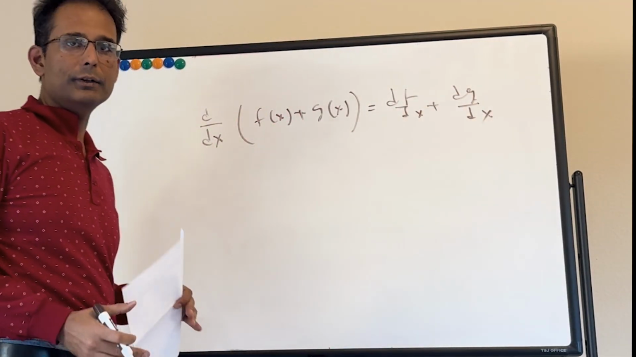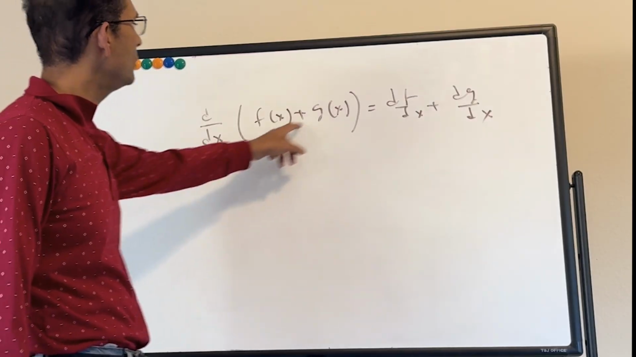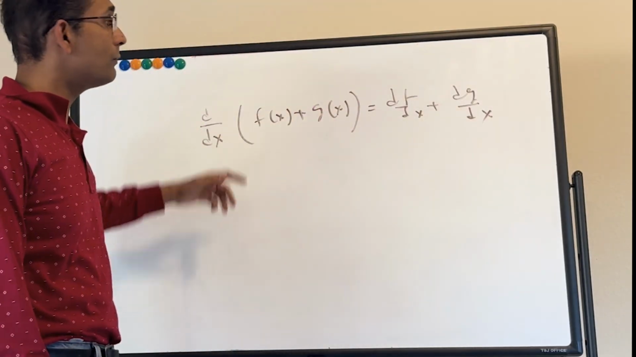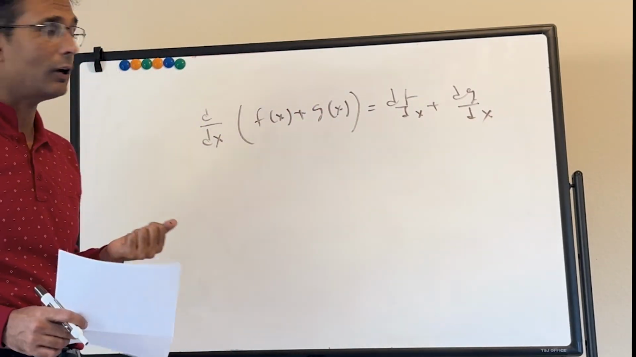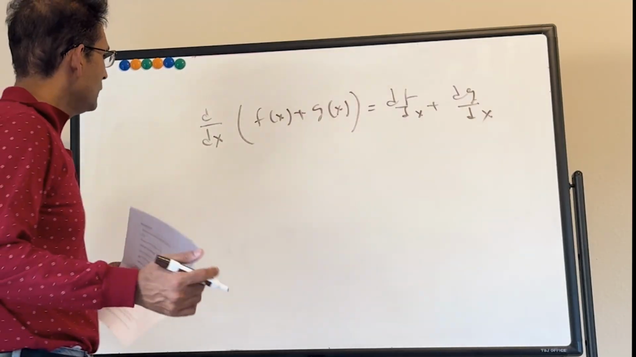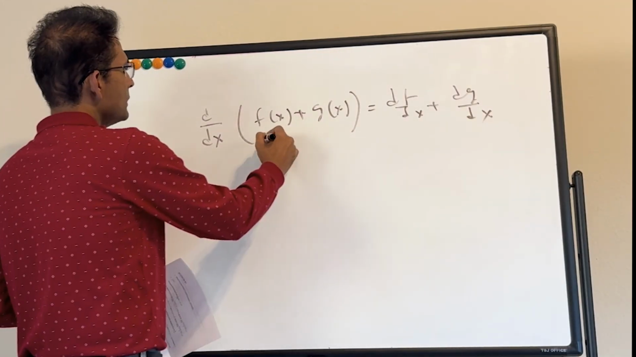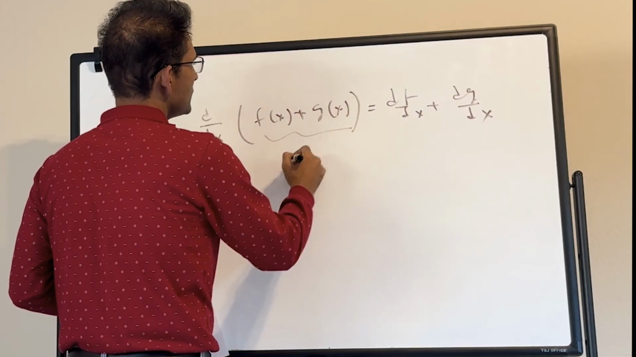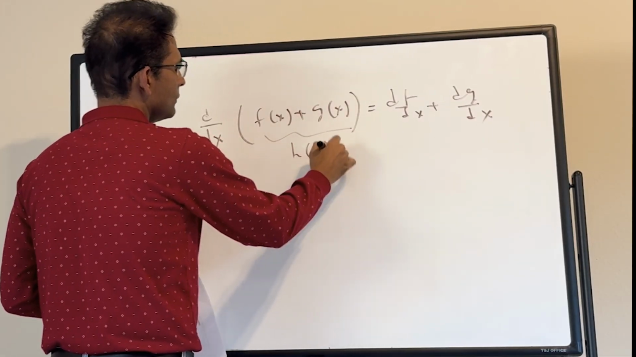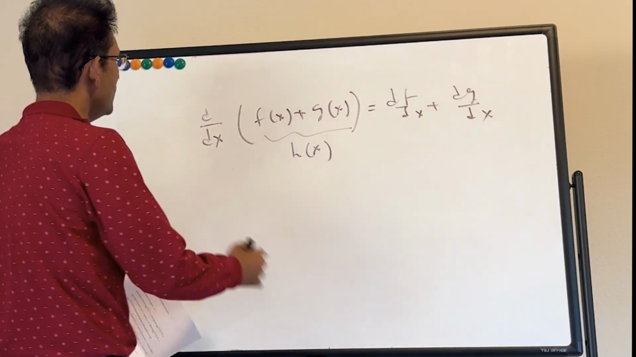How can we prove this? It's kind of like the distributive property, right? But we can prove this from the definition of derivative. Remember that we wrote the derivative of a function as what? So if we call this h, a function which is the sum of these two functions, then